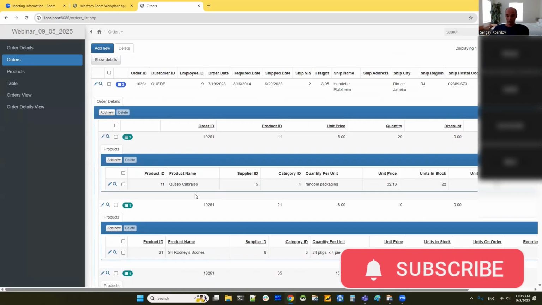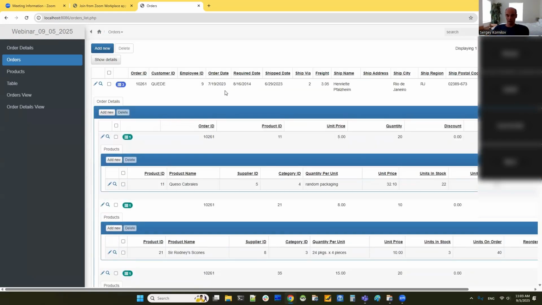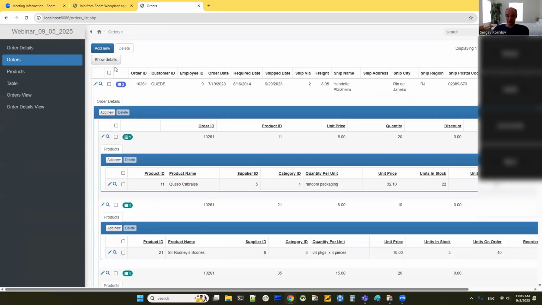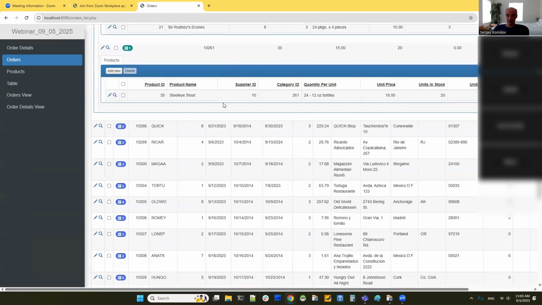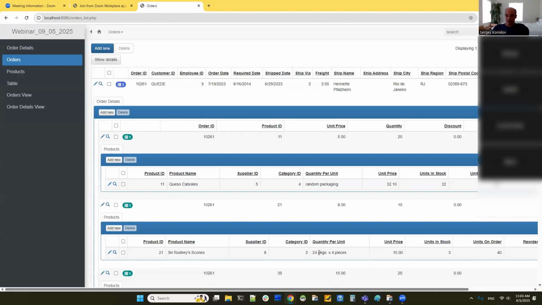So what we're looking for, we will try and create the code that will expand all the details tables on all levels. So what I want to do when I press this show details button, I want all the details on all levels to be open. So the problem with this is that